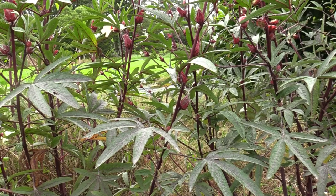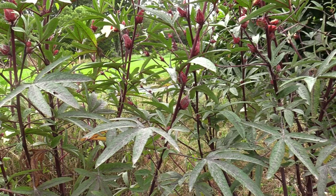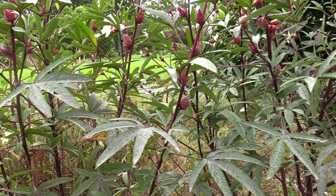Now, the main reason that I stopped to talk about Roselle today is because the fruiting hibiscus is susceptible to mildew. Mildew fungus is not usually a big problem here in Hawaii because we get so much rain, and rain will dislodge spores from mildew so they can't grow. So typically, if I'm harvesting in a timely fashion, I don't have a big problem with it. But this year, we're not getting the rain. Hawaii's in a drought, and it's nice weather if you like sitting on the beach, but it kind of stinks